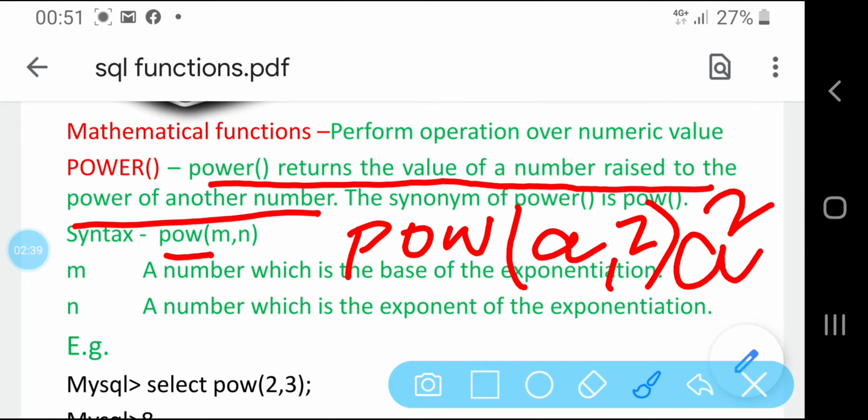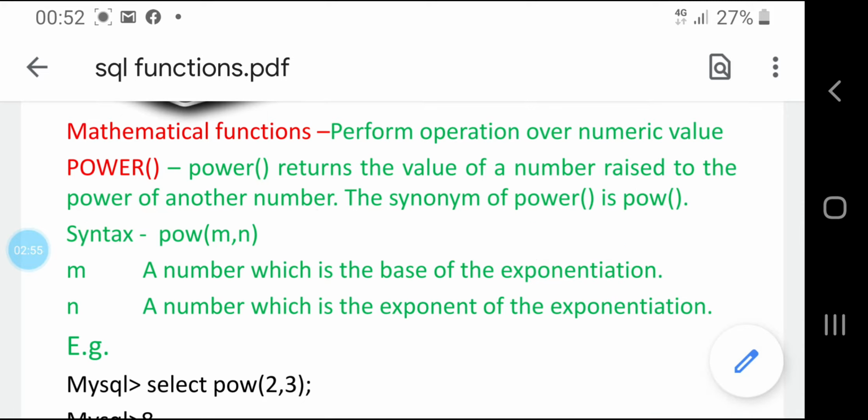The power function returns m raised to the power n, where m is the base and n is the exponent of the exponentiation.